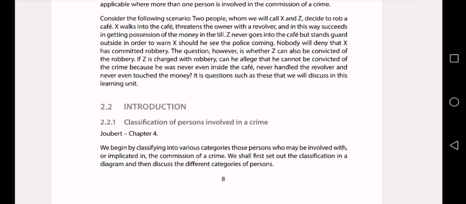Z never goes into the cafe but stands guard outside in order to warn X should he see the police coming. Nobody will deny that X has committed robbery. The question, however,